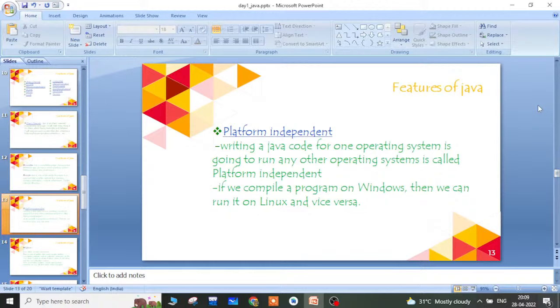So it can create a bytecode, which is an extension of .class, which will be loaded into a Java virtual machine, and which will interpret it, meaning it will convert the code line by line into target machine code, that is, for the other operating system where we are going to run. So it will translate your class code into an executable code which can be understood by other operating systems like Linux, Unix, etc. which makes Java platform independent.